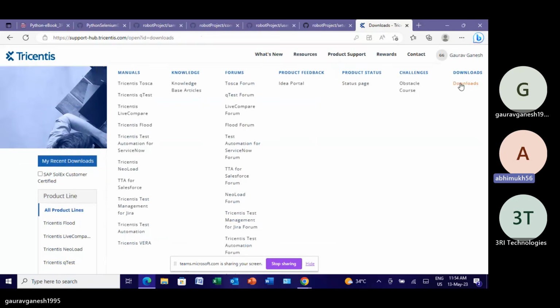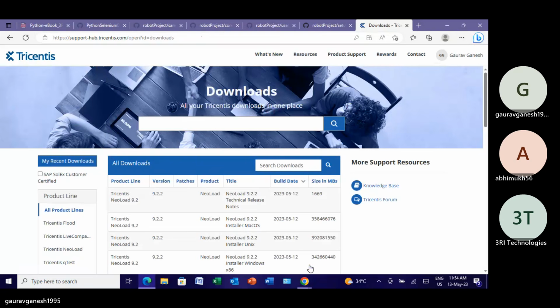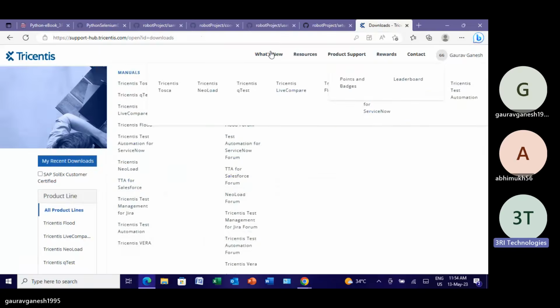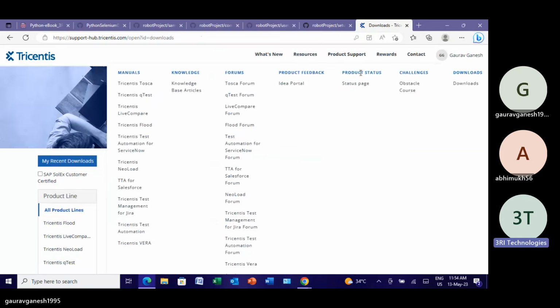So Gaurav, have you done this with the personal email ID? Yes. Because I'm not getting any option for personal email ID. It's like asking for company email ID. No, you can still give your personal email address, no problem. While registration, you are asking, right? Yeah, you can still give your personal email address, no problem.